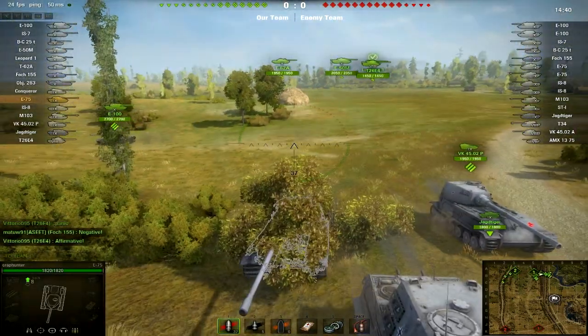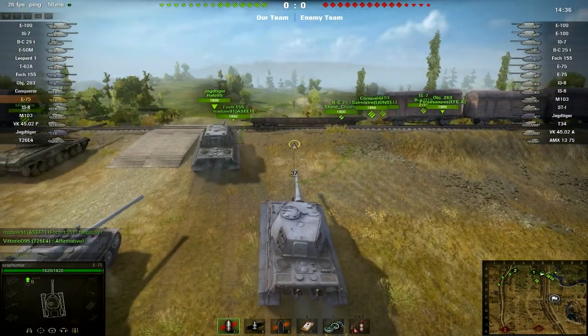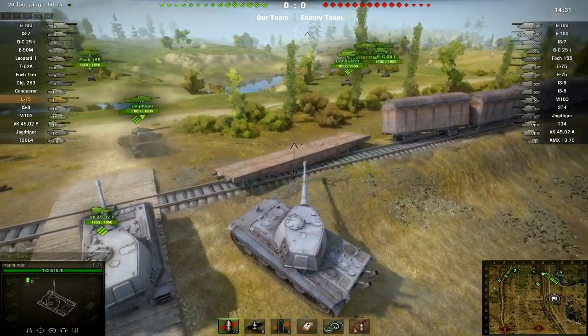Now, a fair amount of players over there on the right-hand side are... oh, good, there isn't any artillery. That's nice. So what do we have? We've got lots of tanks heading to the left, which is quite a good thing, and they look like they're all gunning for the...